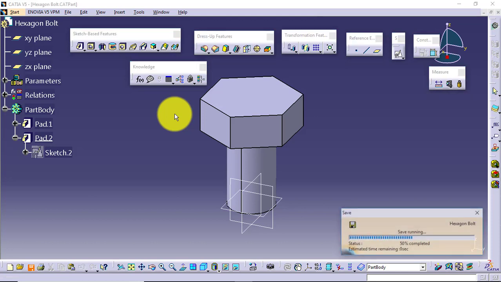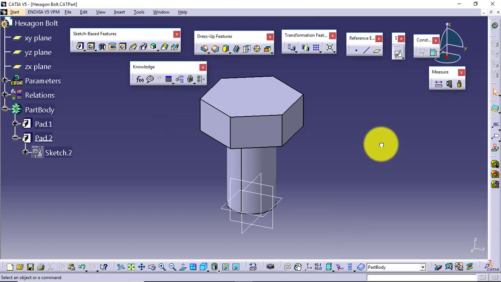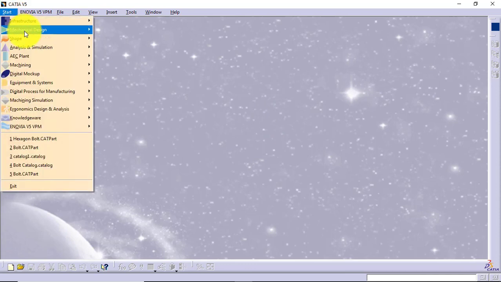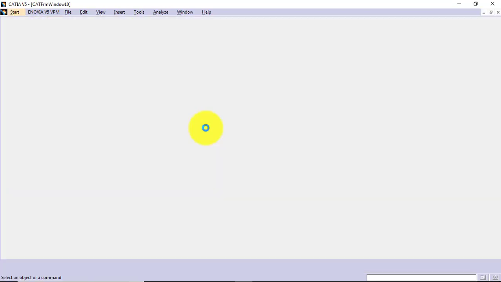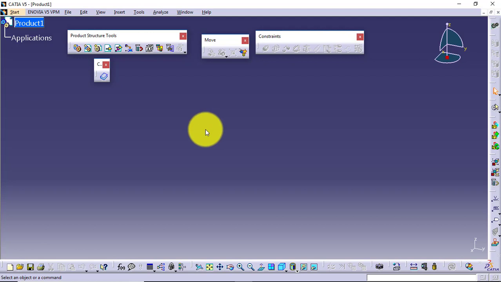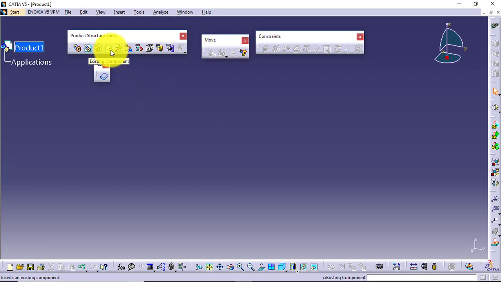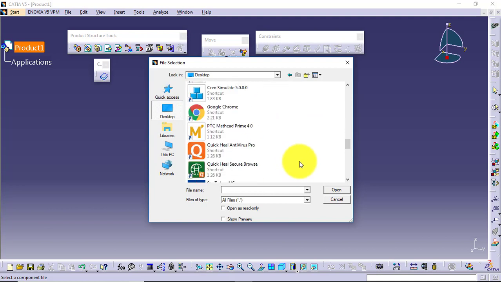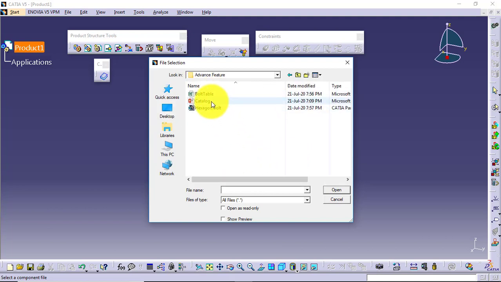I will save this file again, and now I will try to insert it into an assembly, because I have created the family table, or I will say the part family. So I'll go to Start, Mechanical Design and Assembly Design. I will insert the first part, existing component, into the assembly, and I will select from the same folder the part file, say hexagon bolt,